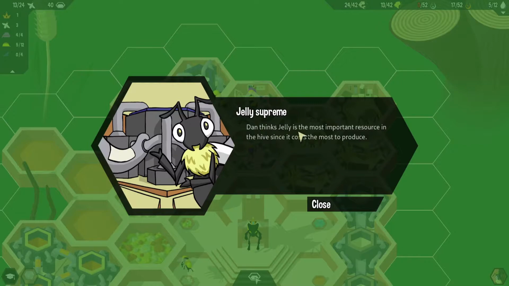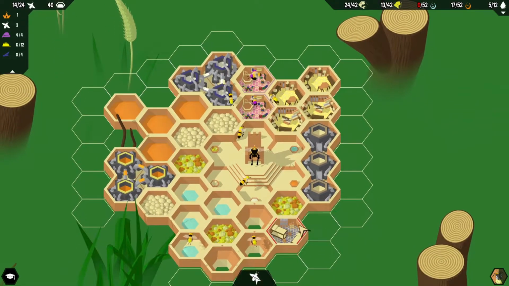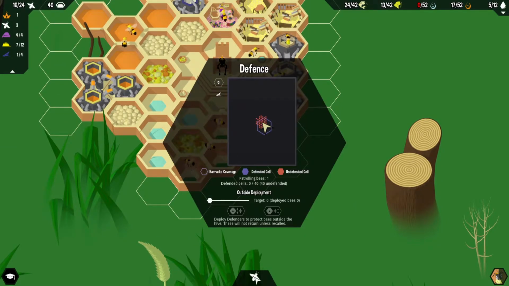Jelly Supreme then thinks jelly is the most important resource in the hive since it costs the most to produce. That is... no. No, that's not how... no. Right, so... defense. So...